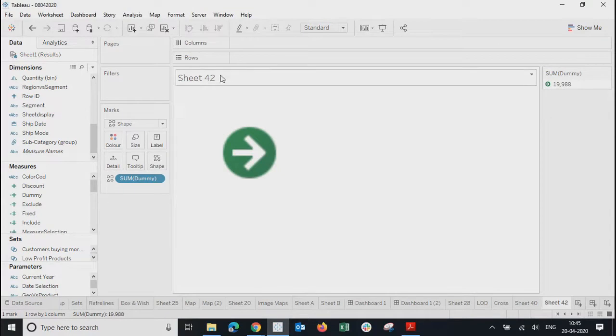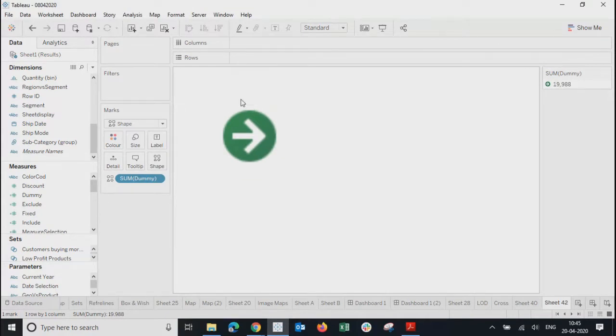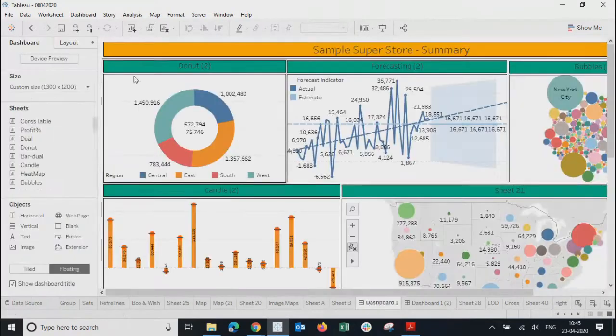Fine. Over here, I'll just remove the title. On this particular sheet, I just have this arrow, nothing else, just the arrow. Cool. I'll go ahead. It's sheet 42. I'll say right arrow key. We'll go to dashboard 1, drag this sheet, which is the right arrow,